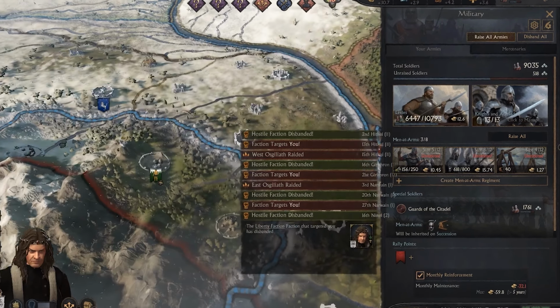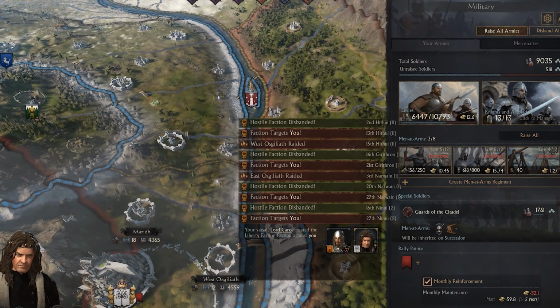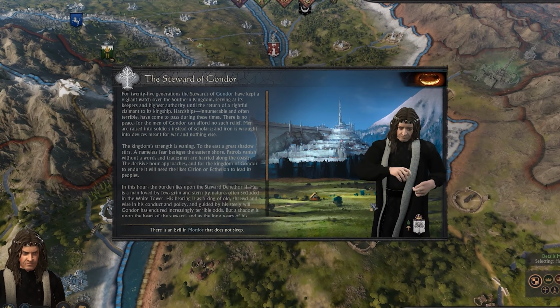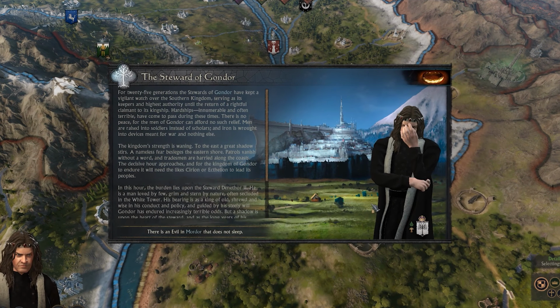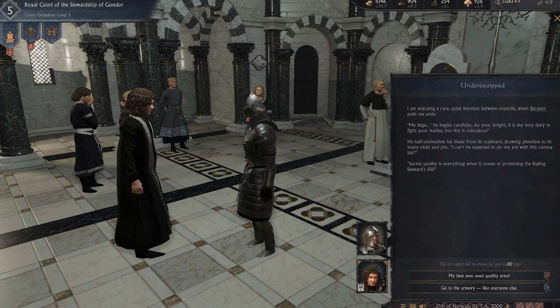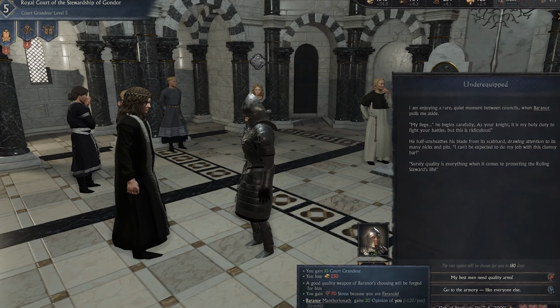Gondor, for example, is like ruling a dying kingdom at the edge of the world. You step, of course, into Denethor's shoes, managing a realm that's stretched thin between noble politics and the looming shadow of Mordor. This custom throne room lets you hold court, settle disputes, and manage the fragile web of loyalty that